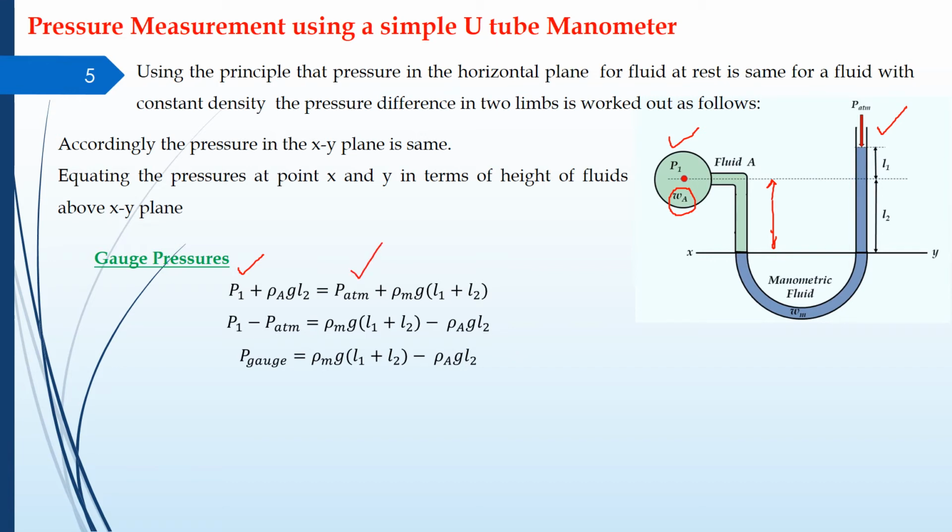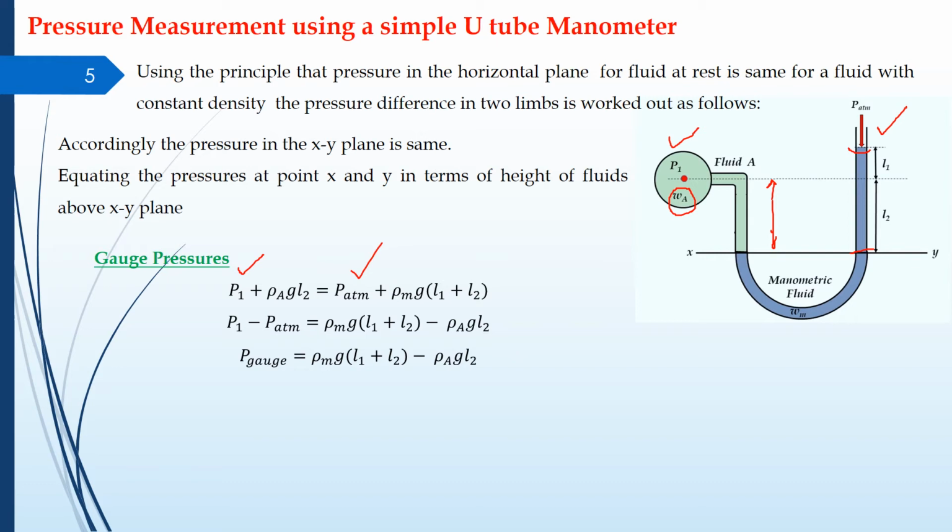With the pressure over here and the pressure over here. So on the other side we have the atmospheric pressure which is exerted on that, and since it is the same fluid we can consider L1 plus L2 as the length of the fluid. So again the pressure due to this liquid column will be given by rho g h, same formula we will use, and rho m basically is the density of the manometric fluid multiplied by g multiplied by L1 plus L2. Simply we will try to work out the gauge pressure.